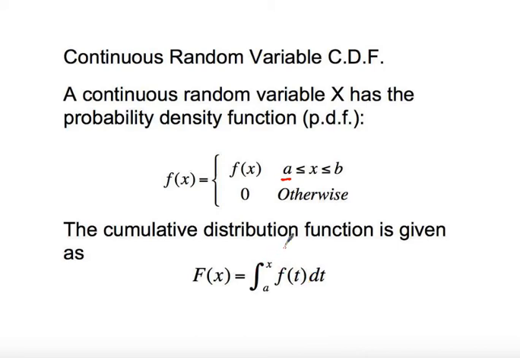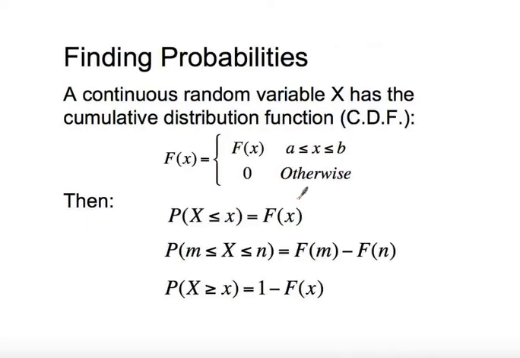Now that might seem a little bit strange at first, but it will make sense when we have a look through the example in a moment. Now what this means is once you get a cumulative distribution function for the continuous random variable x, we can define it like this. It's very similar to the probability density function, but you've got to note it's using a